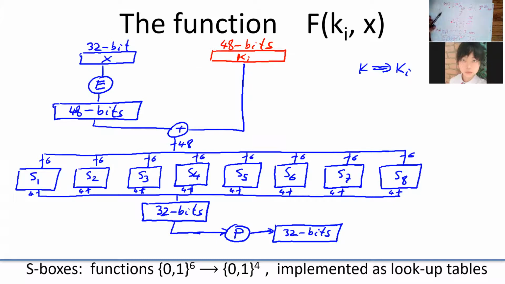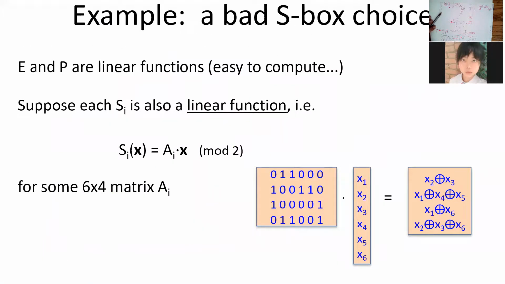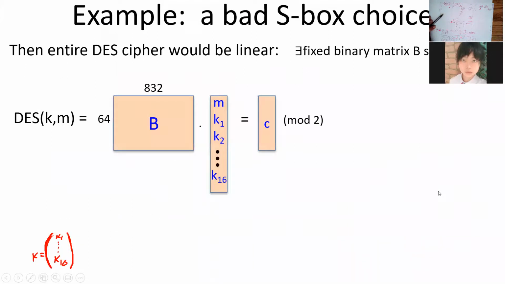Let's go back to these slides. I guess if you can switch back, then please do. So if the S_i look like a linear function, so there is some matrix A_i, and all I do is apply a linear transform like so, then the whole DES can be linearized, so made into a linear equation. Okay,